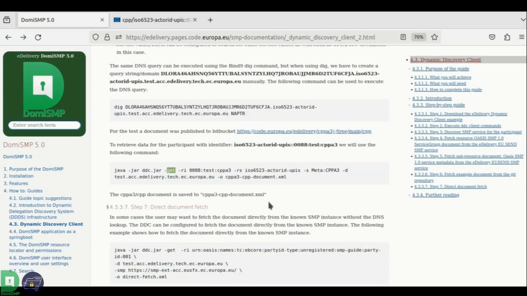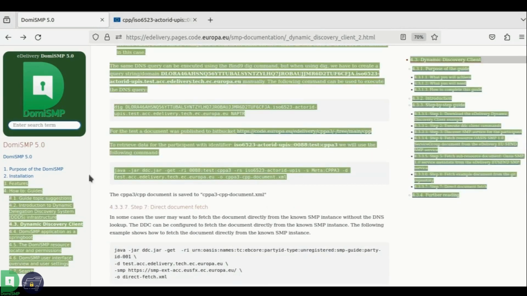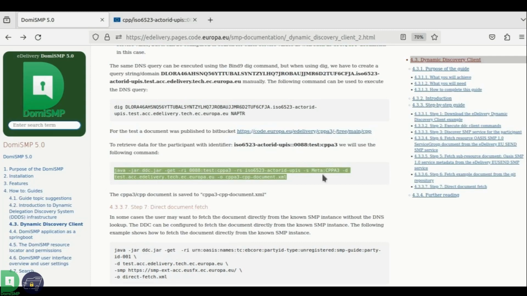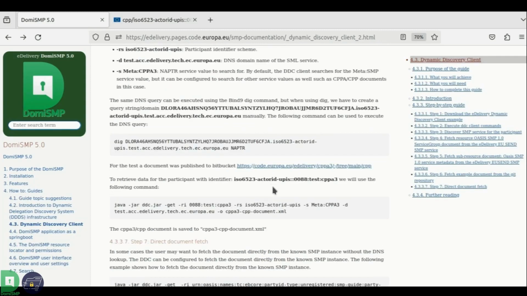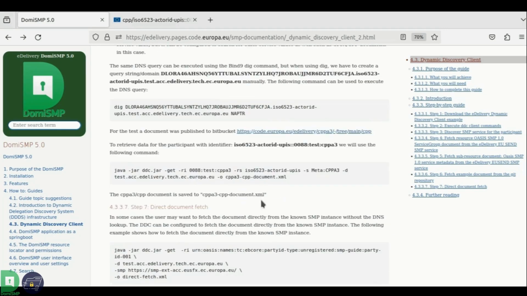So we are all set now to fetch the document. This is the last command I put in chapter 6 for retrieving the document from the code repository. As you can see, it's almost the same as the command we used before, just that we now use the service Meta CPPA3 for the NAPTR records, and this is it.